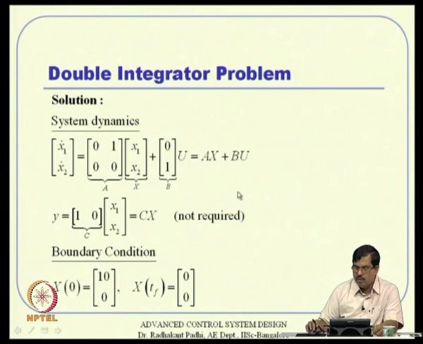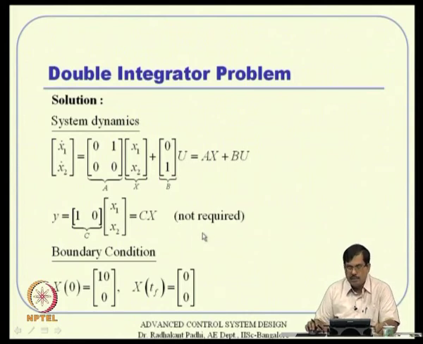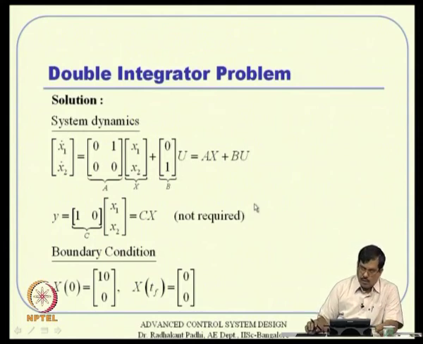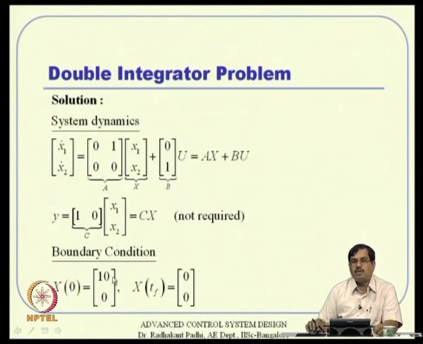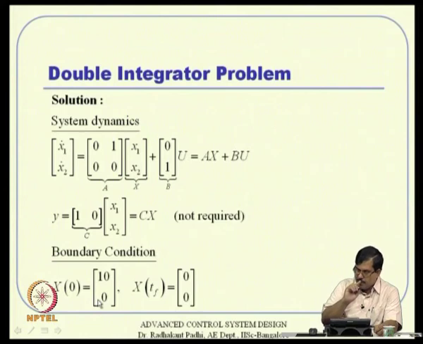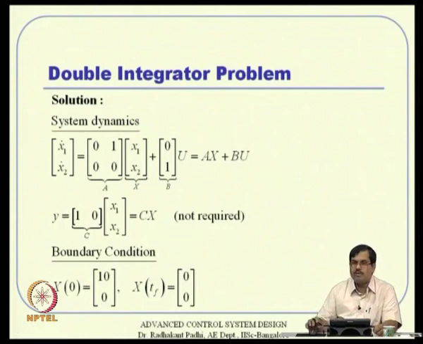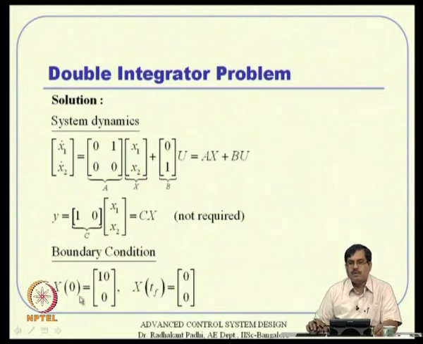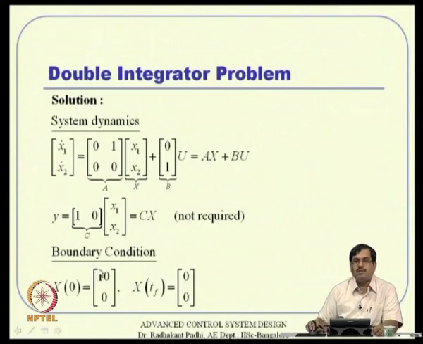Typically it is not required here, because we are not talking about estimation design or output feedback control, things like that actually. Alright, so we have this thing, and let's impose a boundary condition where you take an initial perturbation, something like this, initial angle. For example, whatever is my desired position, I will take that as 0 0, that's the reference point actually, and with respect to that my initial condition was perturbed, something like a 10 degree deviation I had actually. So you can visualize this problem as something like a rest to rest maneuver actually,